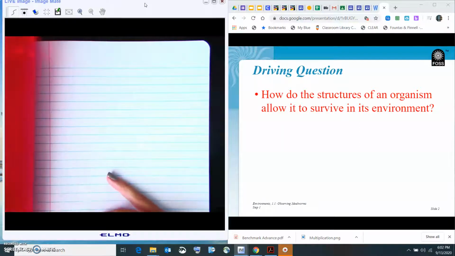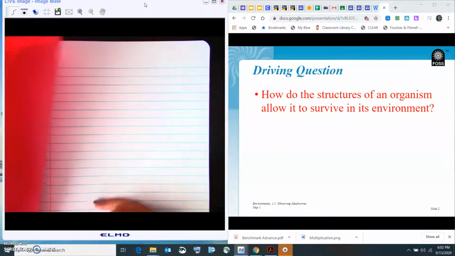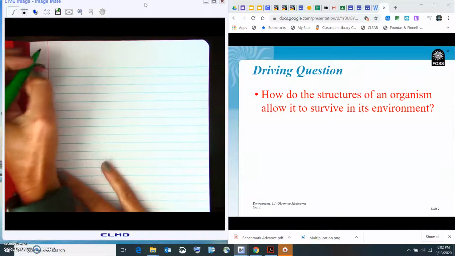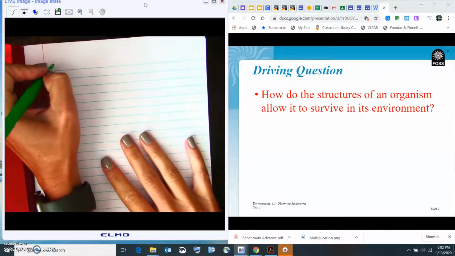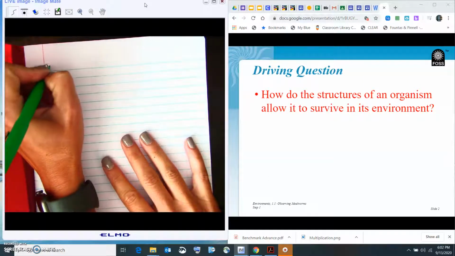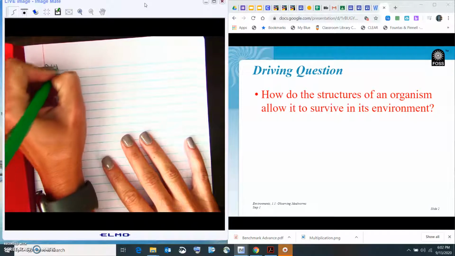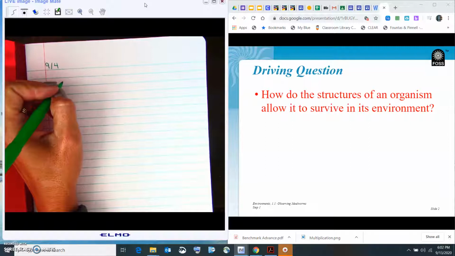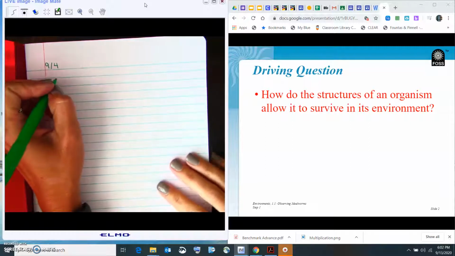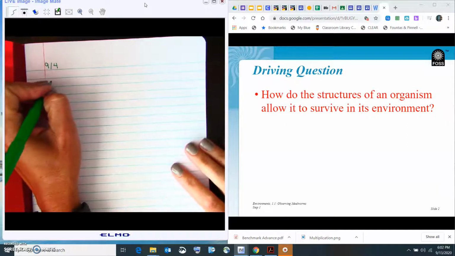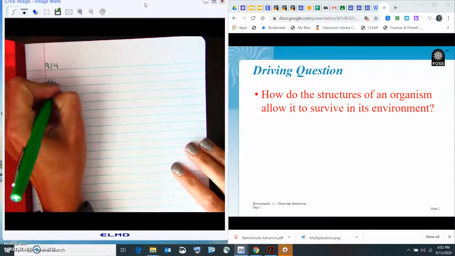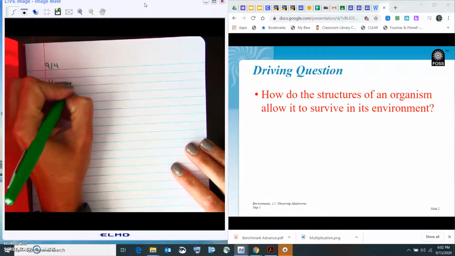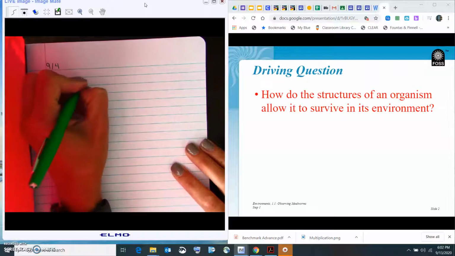So we start with our date. Our date is going to be 9/14. And this is our question. If you want to write the words driving question down, you can. But for right now, I'm just going to write the question in red. So it's going to be, how do the structures